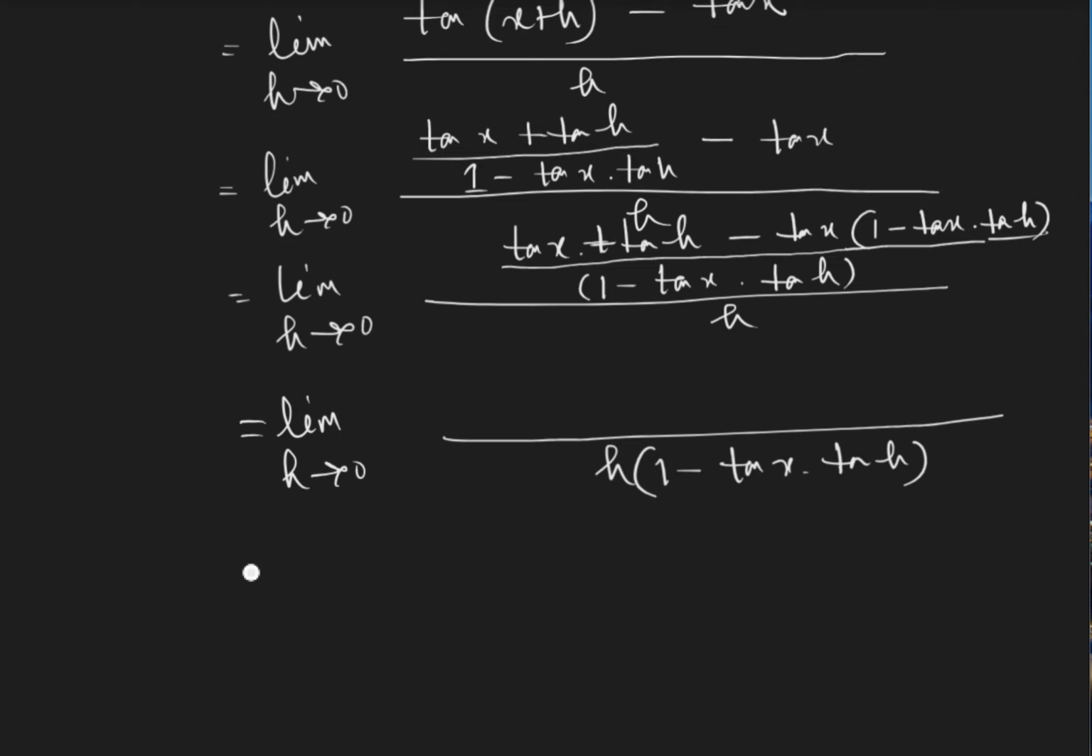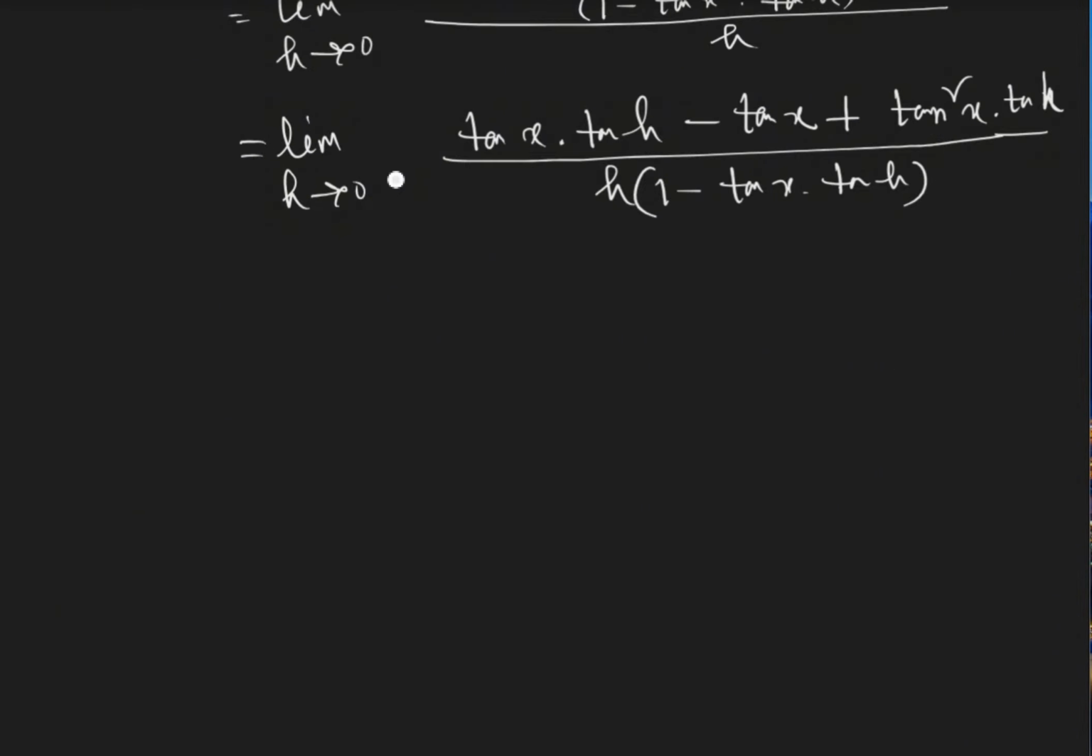tan of h, and here will be tan of x, tan of h, minus tan of x, and this minus will be plus, tan square x dot tan h, pardon, this will be tan h, right? Okay, so